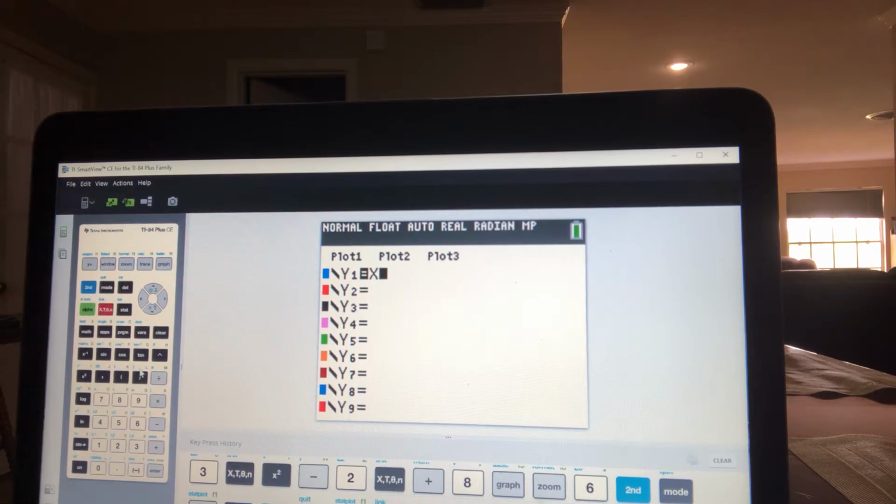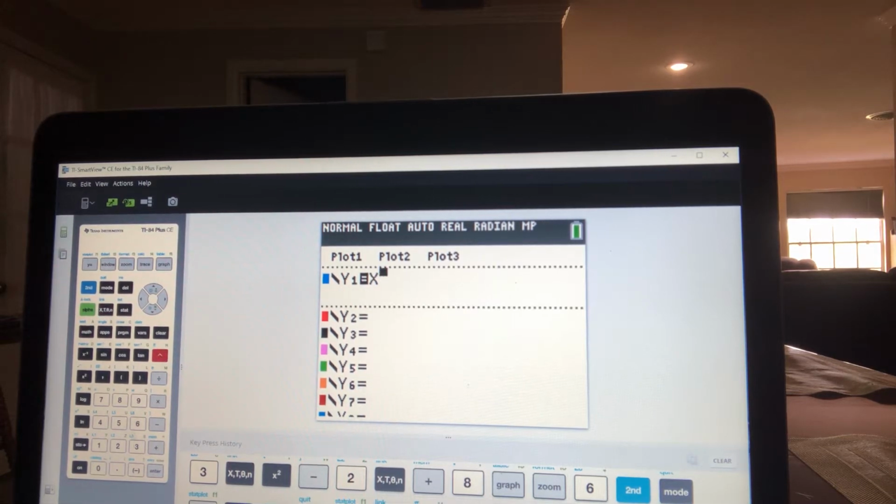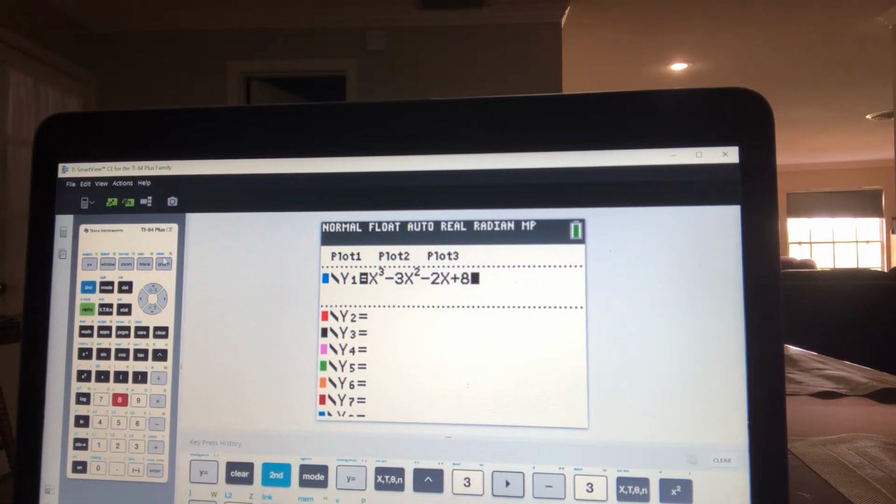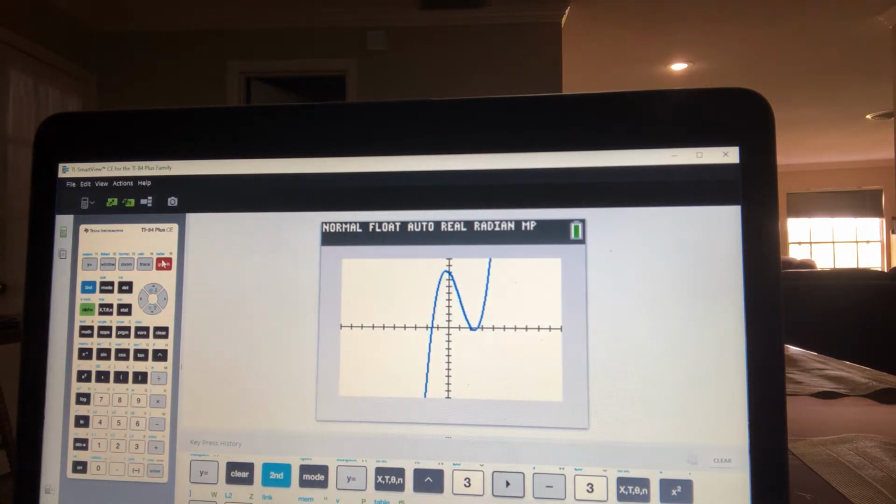So that would be x cubed minus 3x squared minus 2x and plus 8. Okay, and then you will press graph, and you will see the graph appear on the screen,